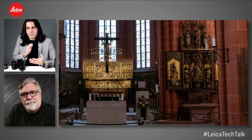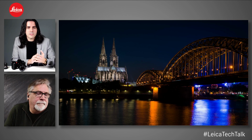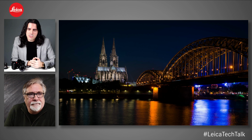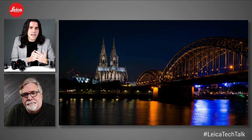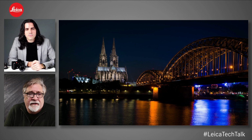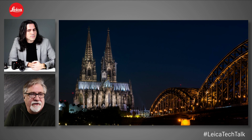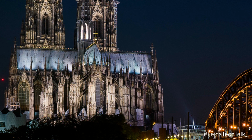Now, as you said, John, it's not just high ISO performance. Of course, 24 megapixels to some people may seem like a downgrade in resolution, but that's still a very moderately high resolution for most applications. And I think this example shows when you marry this kind of 24 megapixel sensor to Leica glass, you've got some great resolving power, wouldn't you say? Definitely. And here at the Dom in Cologne, to me, it's a striking image of the detail. If we go in, the detail on the spires of the church, just plenty of detail, plenty of resolution. And if we go even a little tighter,